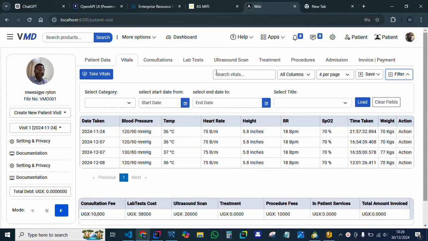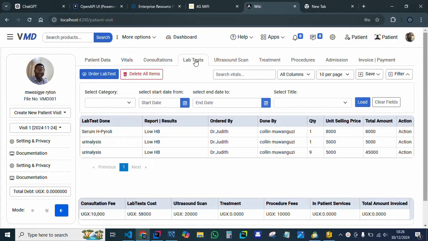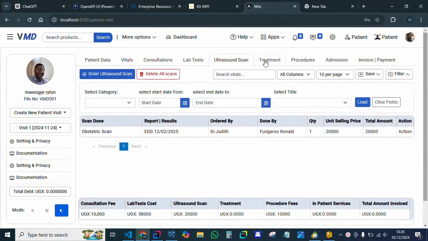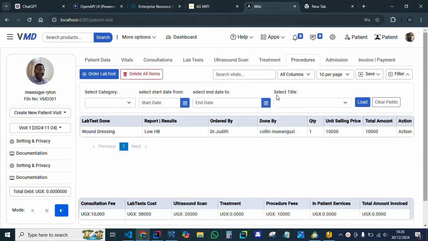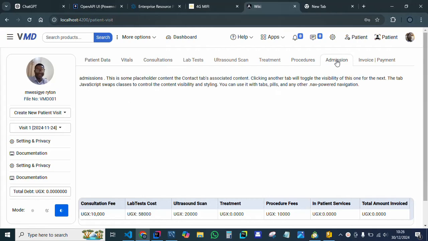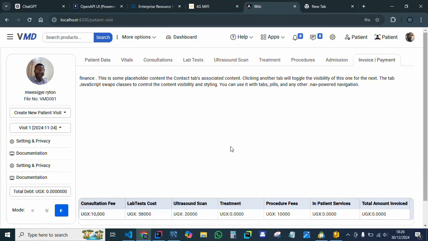The customer can order all these lab tests, ultrasound scans, some treatments which are drugs, and some procedures that will be done like wound dressing and the rest. Then we have a section that takes care of admitted patients, and another section for the invoice and payment. So this section is still blank. Right now we're going to create